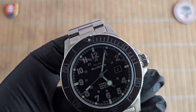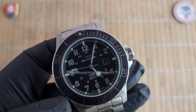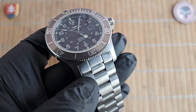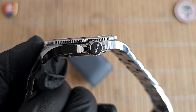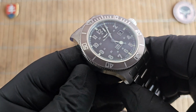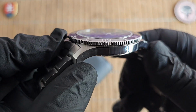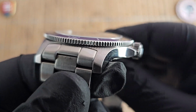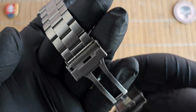The lug to lug size is 57. The width with the crown is 53.6, with a lug width of 24 millimeters, and thickness is 11.6. So rather nice and thin for such a huge watch. We have polished sides and brushed finishing, solid end links, and the bracelet or the band is